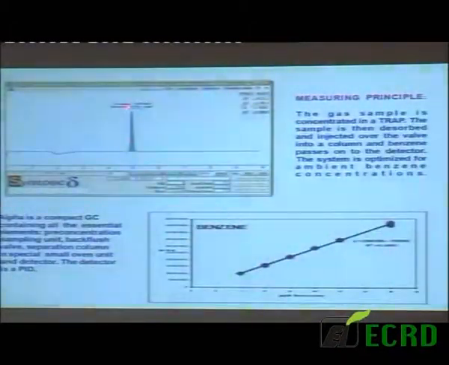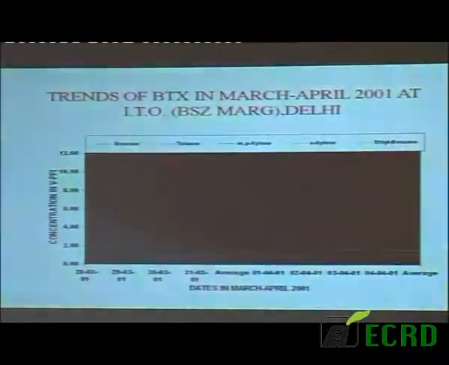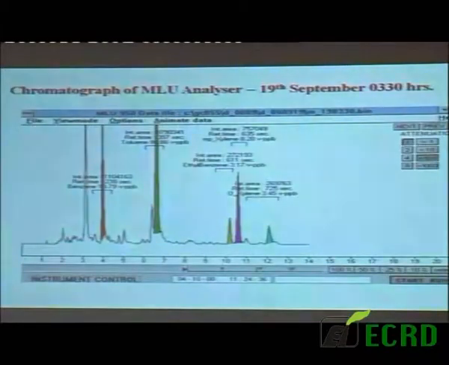Next, please. And this is the benzene chromatogram of this online analyzer. You can see it visibly on the window, and this is the calibration graph. Next, please. This is the at that time the old. You can see 19th September when I used it in 2000 or so. This is old chromatogram, and at that time I was using the benzene, toluene, ethyl benzene, and 2 xylenes were merging and 1 xylene was separate. So out of 3, 2 were separated at that time. Next, please.